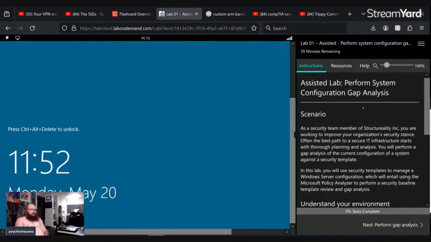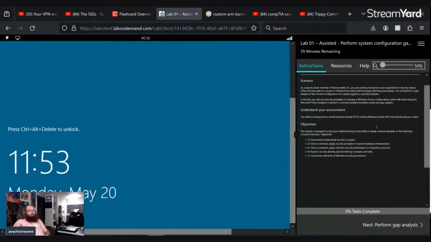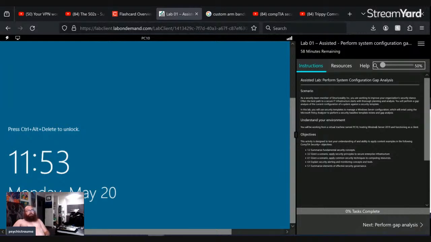All right. In this lab, you will use security templates to manage a Windows Server configuration, which will entail using the Microsoft Policy Analyzer to perform a security baseline template review and gap analysis. Understand your environment. We're going to bring this down. There we go. Understanding your environment. You'll be working from a virtual machine named PC10, hosting Windows Server 2019 and functioning as a client. Objectives. This activity is designed to test your understanding of and ability to apply content examples in the following